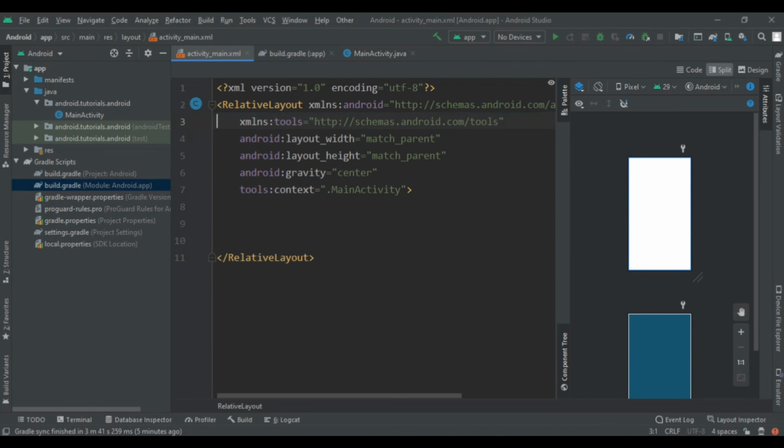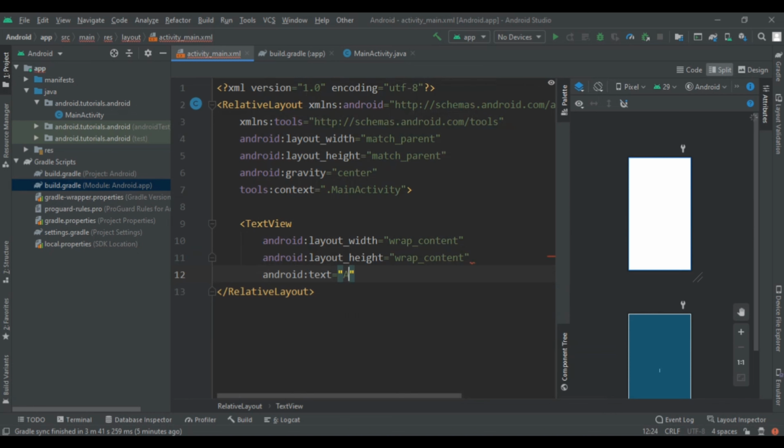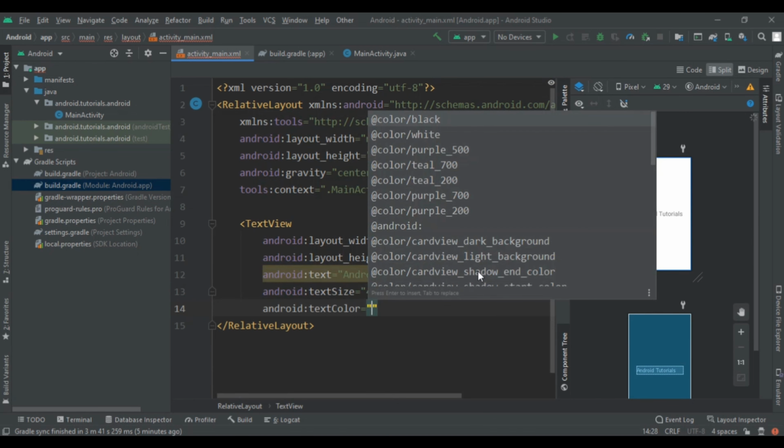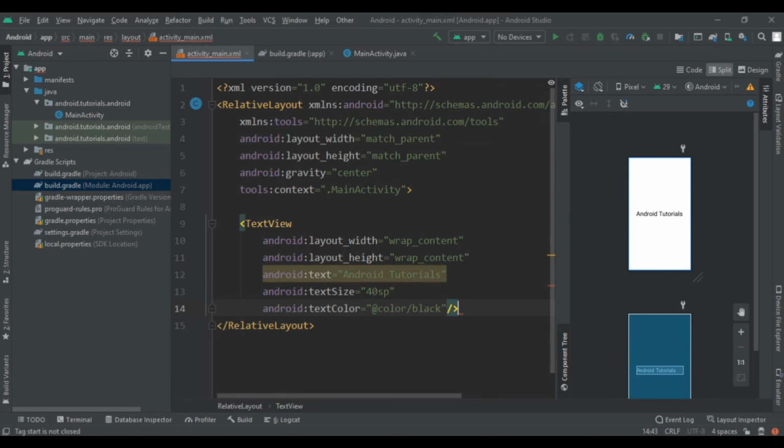So wrap content, and then give it a text. Here your dashboard design will come, but here I am going to write Android tutorials. Then I give its text size, that is 40sp, then its text color, that is black, and then finally close that.